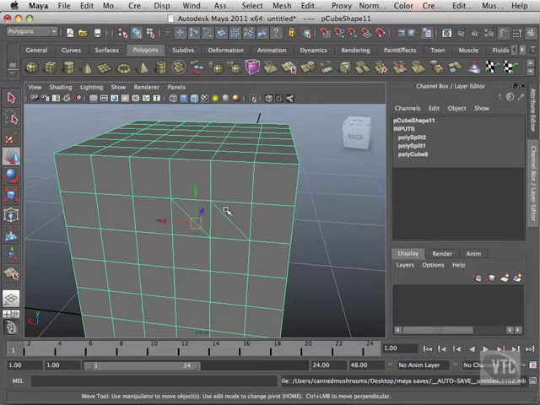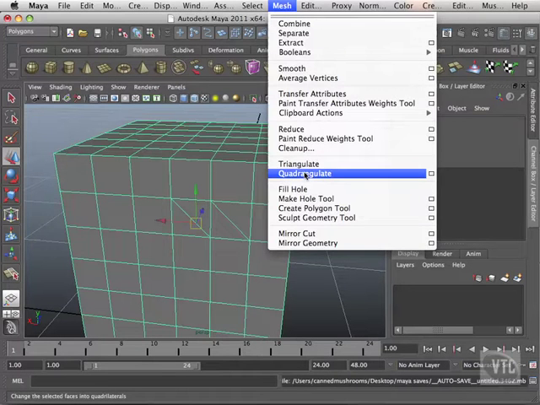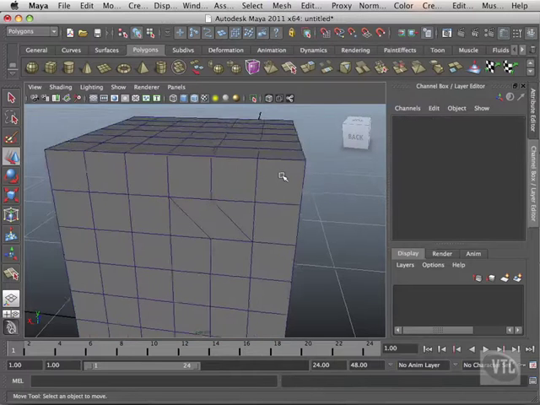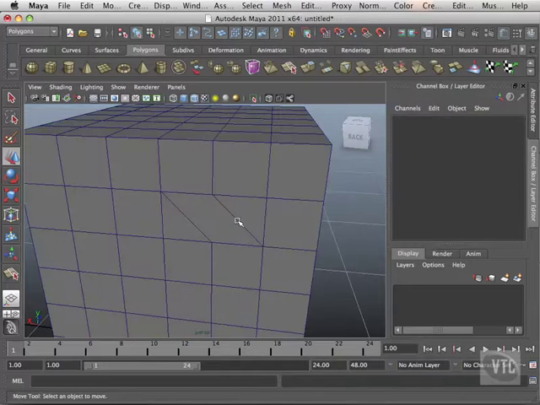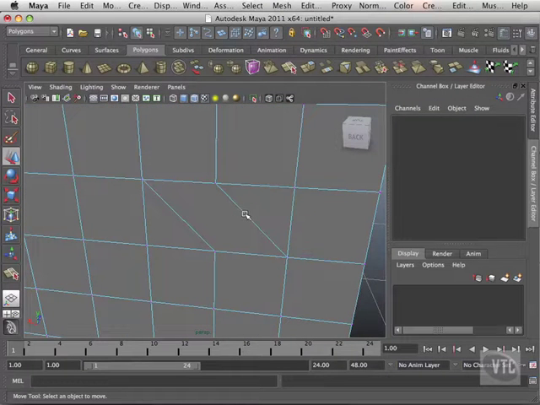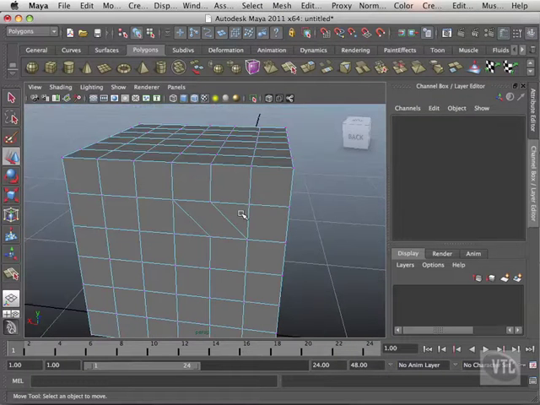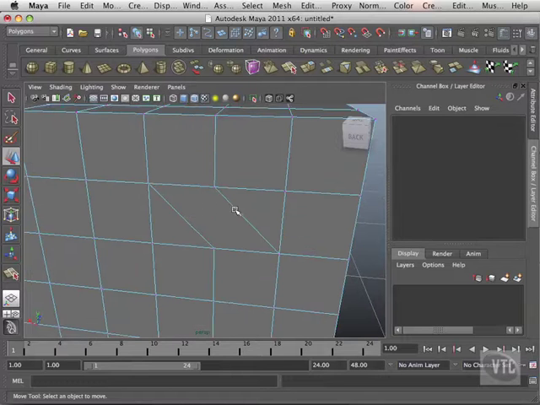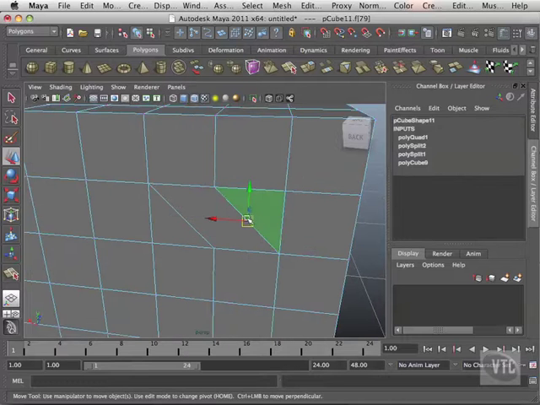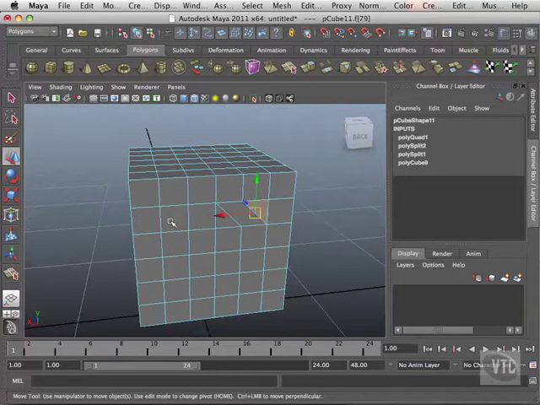taking out the triangle, fixing the topology on the object, they'll rely on something like this, quadrillate, which, if you look at it, it yielded quads, but it also yielded triangles along with fixing the quad. Okay, so now I have a new triangle on this side that just yielded because of that command. So that's one of those things. It's a good command in the fact that it doesn't work, but